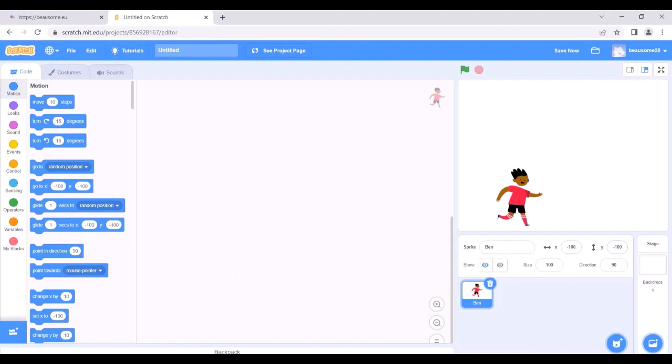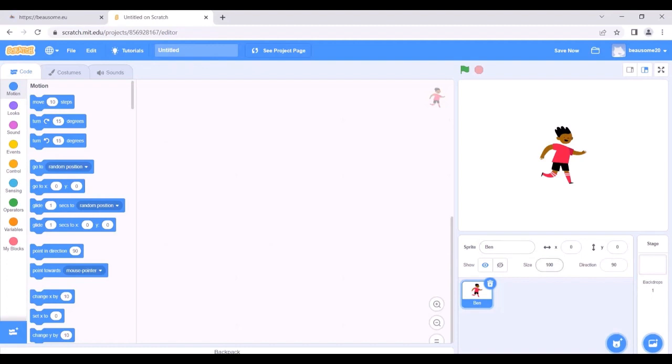So to move Ben to the center of this area, we can set 0 and 0. So 0 in the x-axis and 0 in the y-axis mean that our sprite, Ben in this case, is perfectly at the center.